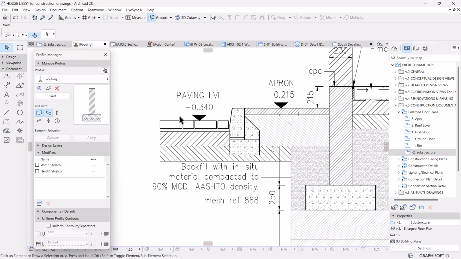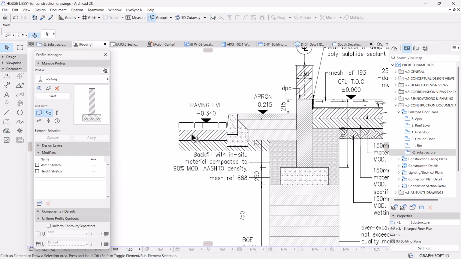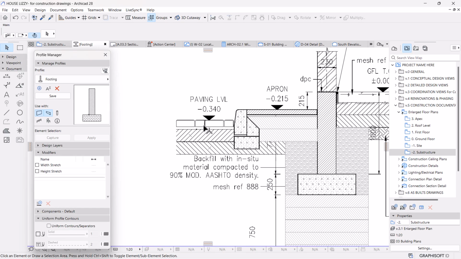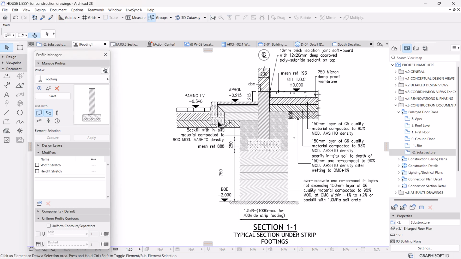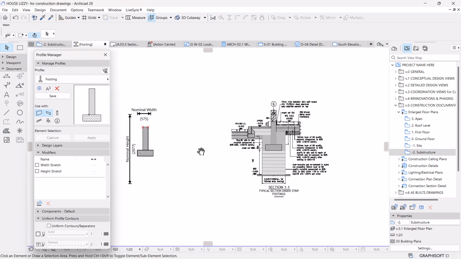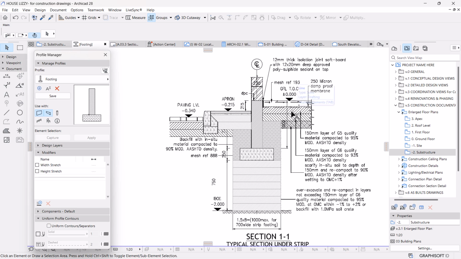Okay, then we have the paving level as well here, that it will have its own separate composite that I'll use a slab to place. But with this one, I just wanted to have it there, and we can now transfer this information to that